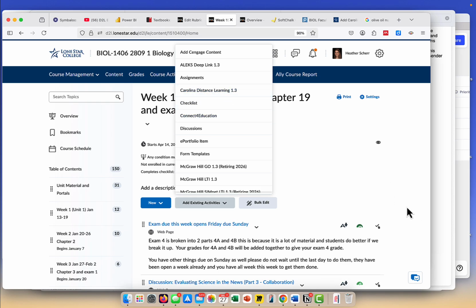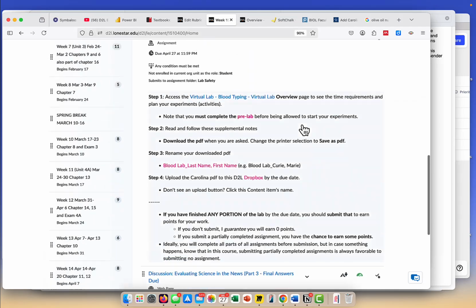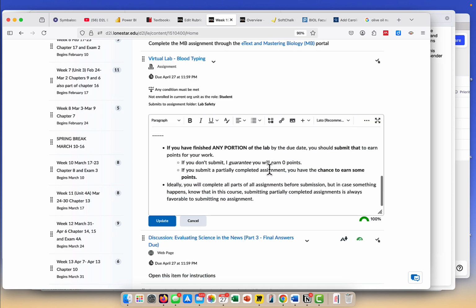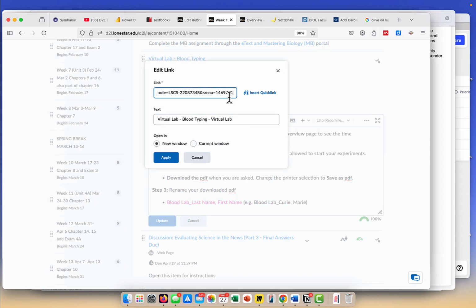So we could do it this way, but that's going to create a link here plus an assignment. So what I've done instead is in the assignment, which is like the D2L Dropbox, we just have the link within one of the steps. So if we want to replace that, we can click on here and then we can do the link. I guess we just do this and we can go to the edit and